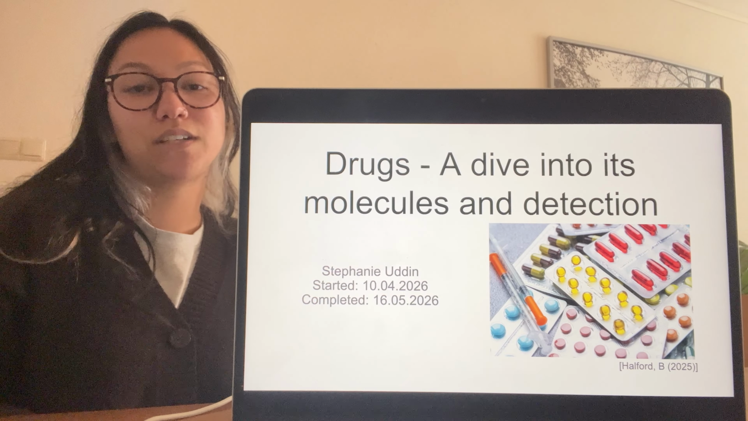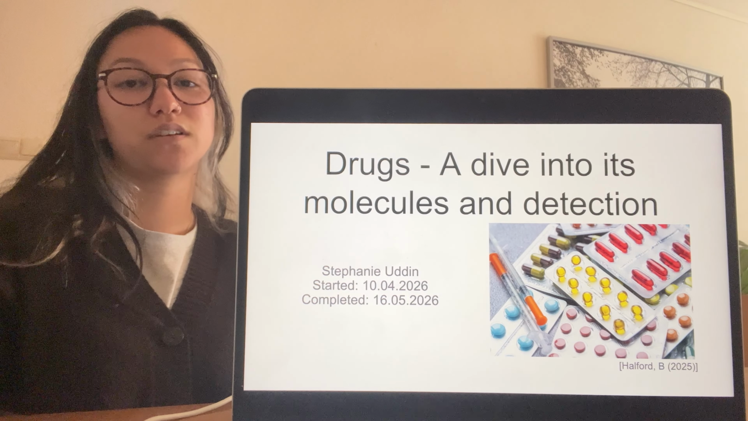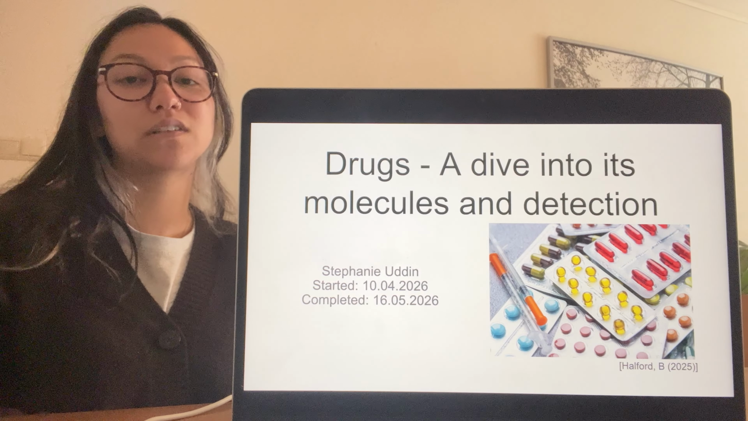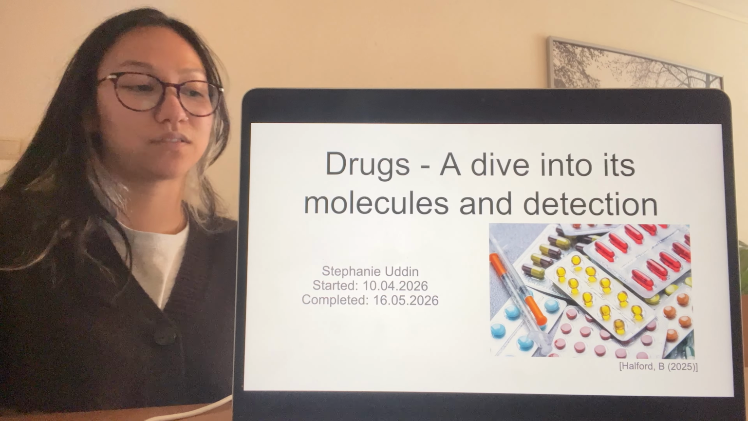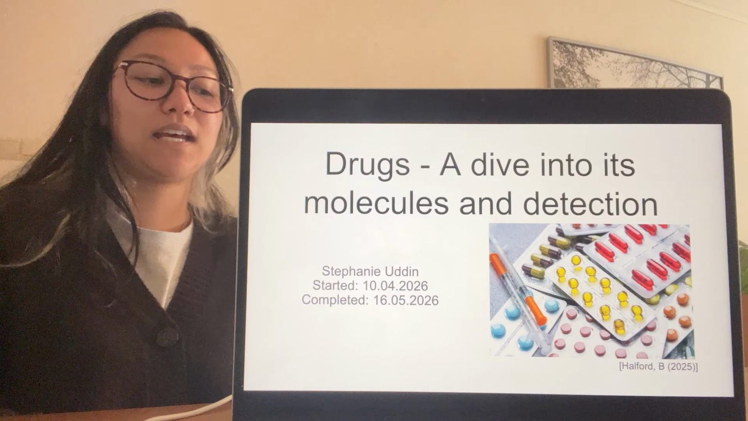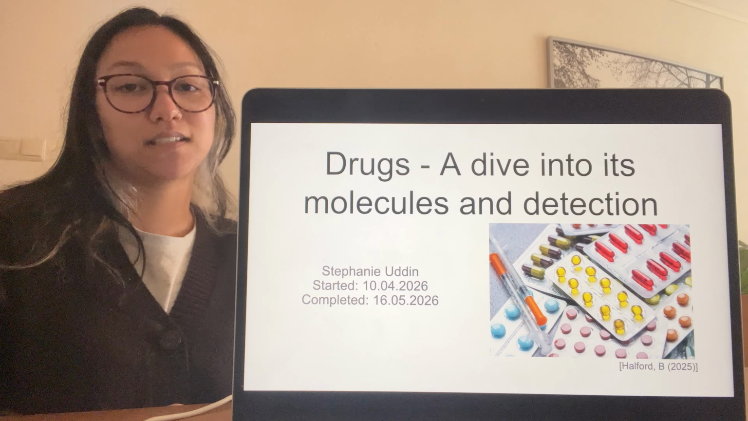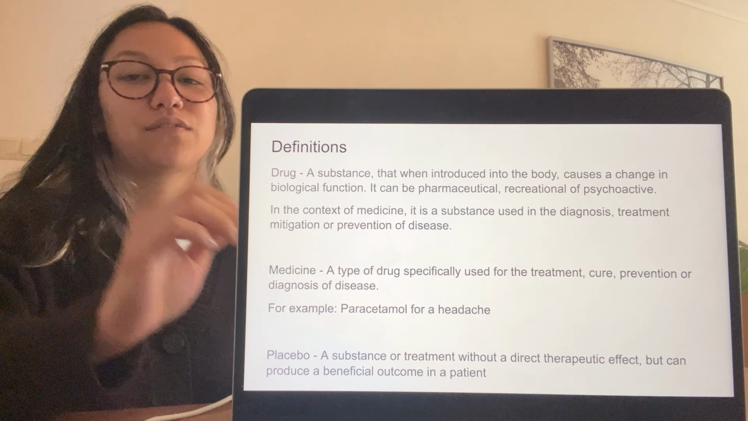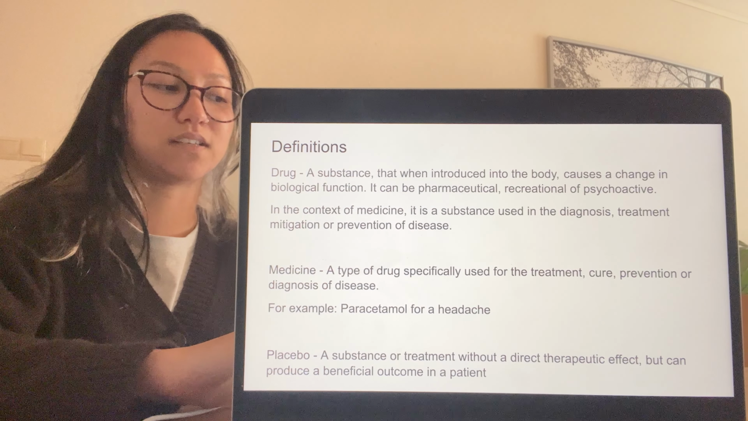Today I'll be doing my Unit 10 presentation, which is on drugs and medicine, focusing on the structure of drug molecules, isomers, their effects on a drug, and the methods by which drugs are detected. So let's begin with some definitions, and the first definition we're going to be talking about is the definition of